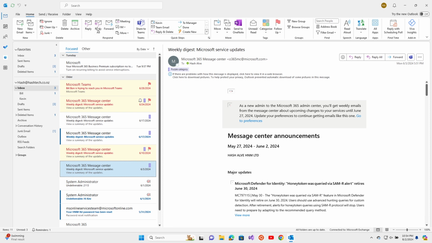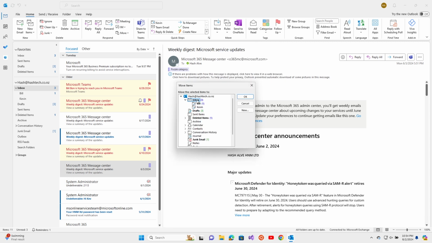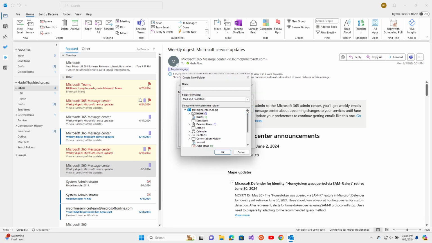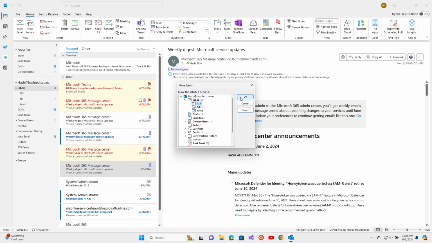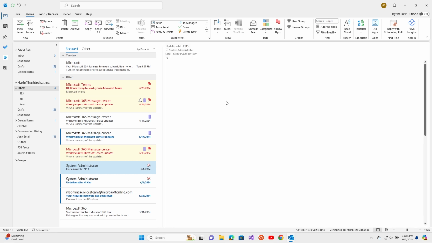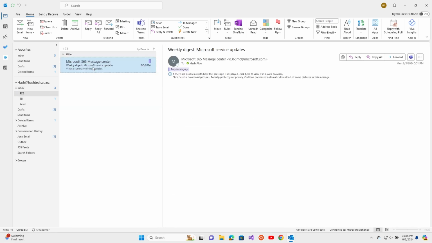I have already shown you this. So next is move. I can move any email to any of the folders here, Kevin, Bill, which I already have under inbox, or I can select other folder and select inbox and create a new folder underneath the inbox. I'm going to give a random name, okay, so I can move that email to the folder which I created,